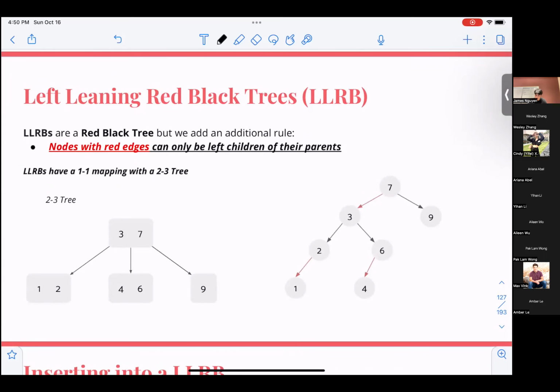So continuing on with left-leaning red-black trees. LLRBs are a red-black tree, but we add an additional rule: nodes with red edges can only be the left children of their parents. So for example, if we have a left-leaning red-black tree that looks like